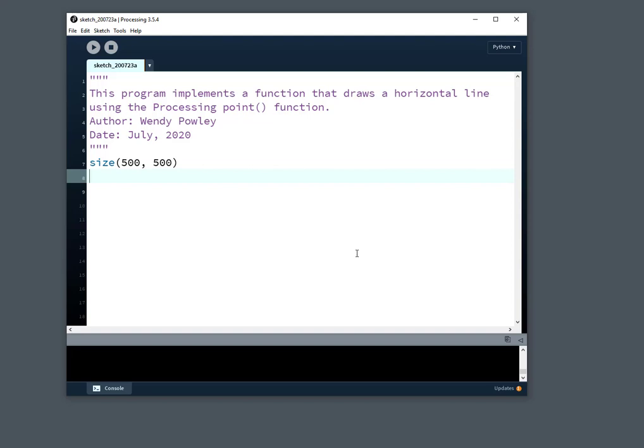So in this example, we're going to use the processing point function to draw a horizontal line. Now, as I said in the text, we could actually use the line function to accomplish this task, but since this is a lesson on loops, this makes a really nice example for a for loop. So I'm going to write a function called drawLine,